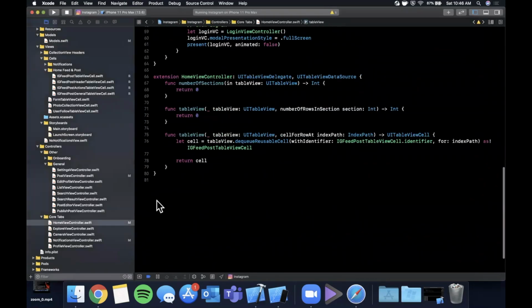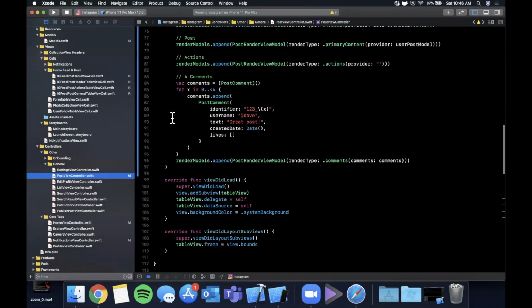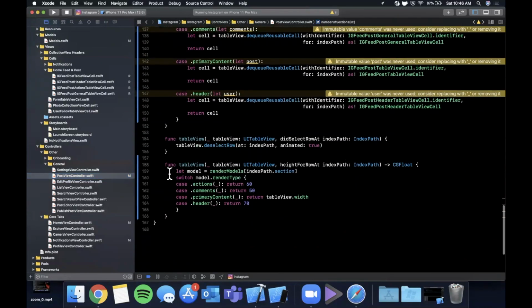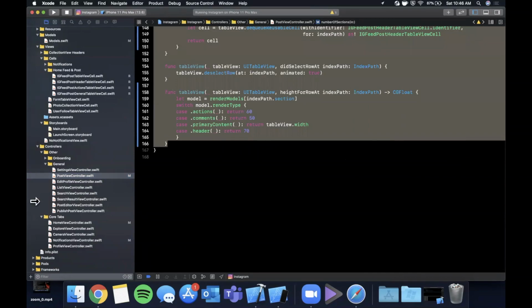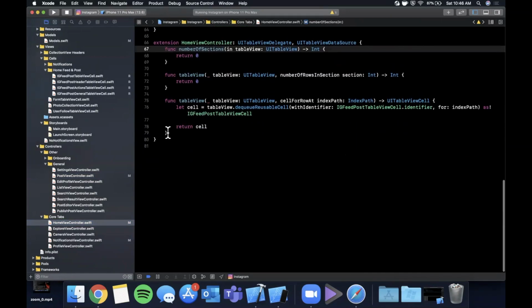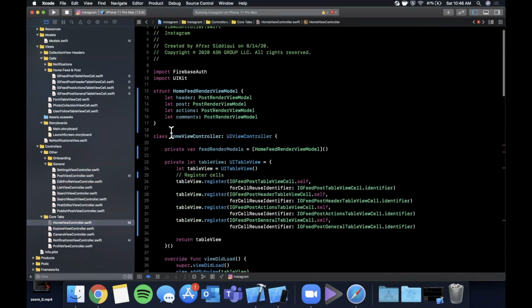So basically, we are going to copy the table view stuff that we had going on for the post view controller, and we're going to put it in our home view controller and adjust it so we can essentially render a feed. So let's go to our home view controller after copying all of that, and we are going to paste it in. So at the end of the last video, I went ahead and created